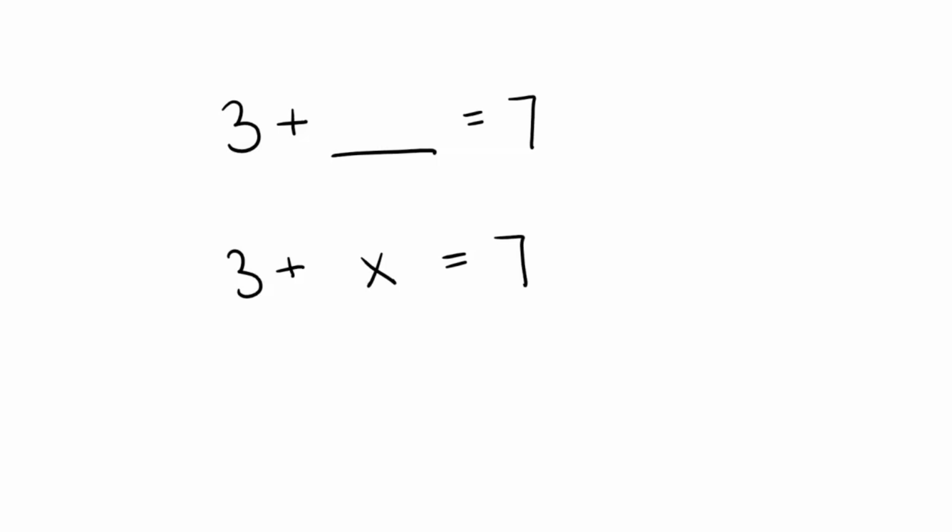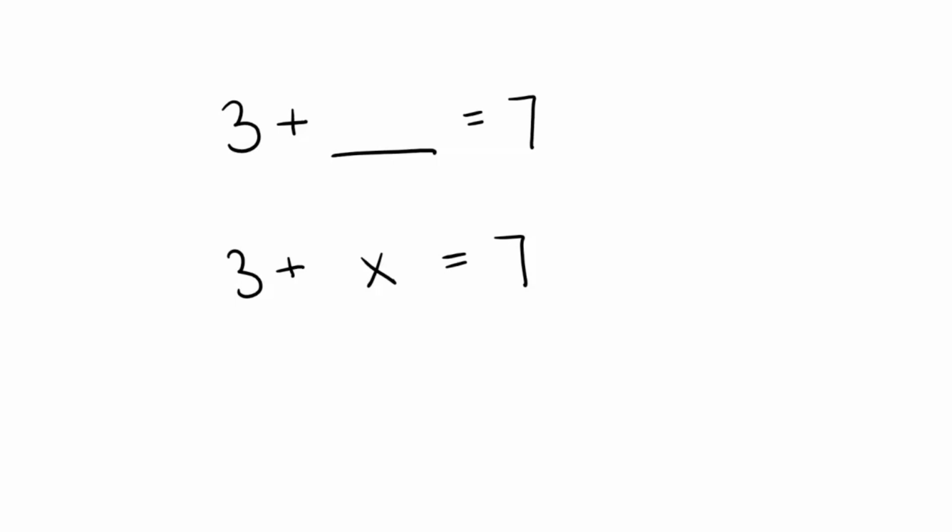So remember back in elementary school when you used to have problems like 3 plus blank equals 7. So just really simple problems like that where you just had to fill in the blank. Well, a variable is basically a blank. You can just think of it like that. So I could rewrite this equation like 3 plus x equals 7. So these two equations mean the exact same thing. X just means that there's a number there, and we don't know what that number is, so we need to